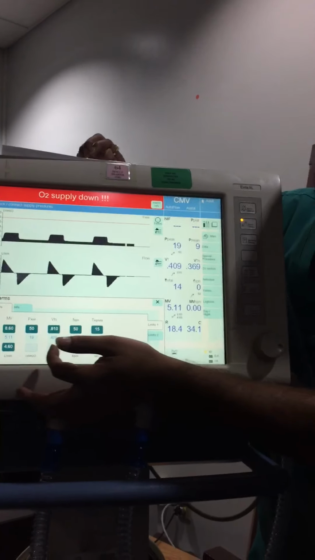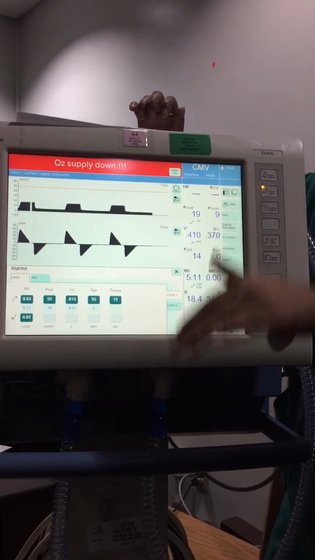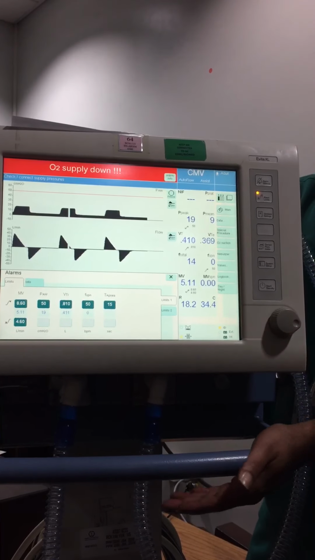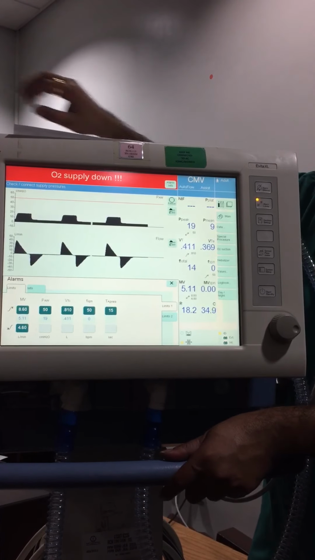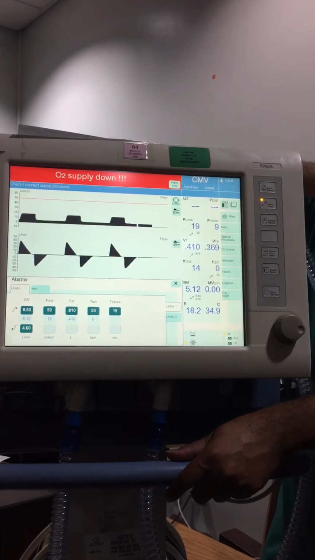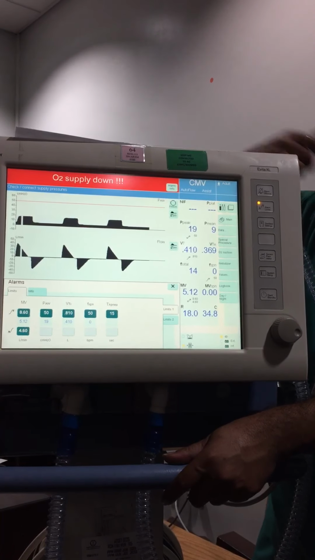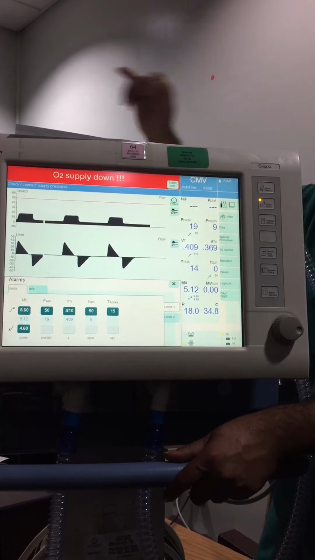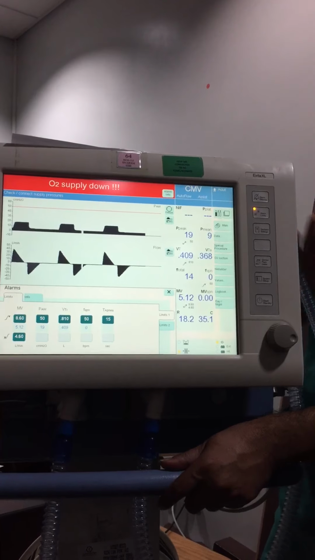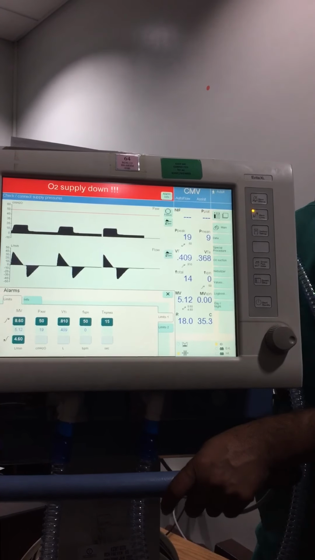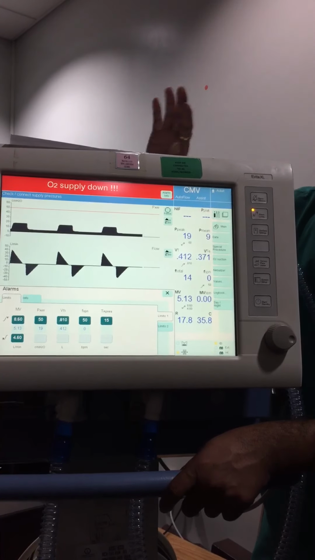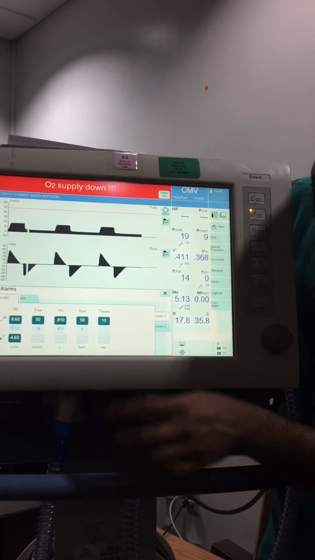Suppose the patient has a low airway pressure alarm. It means there is a disconnection somewhere. So try to check from the patient to the machine. From the patient side, you check the cuff pressure, maybe it is deflated. Second, you check the HME connection here, and third is the circuit. If you find any leak, try to fix that.